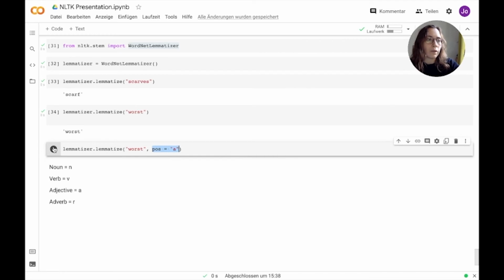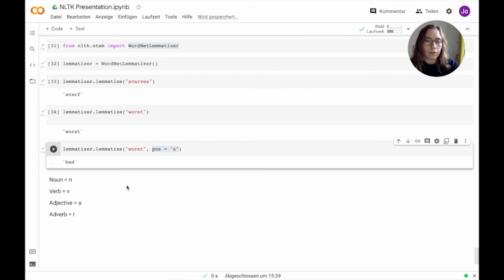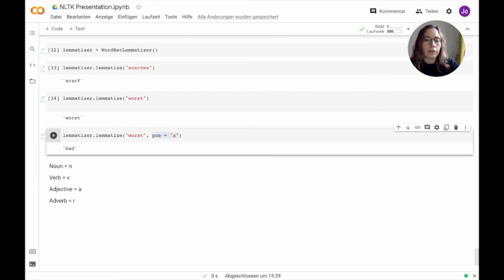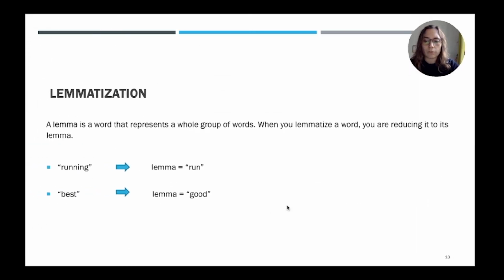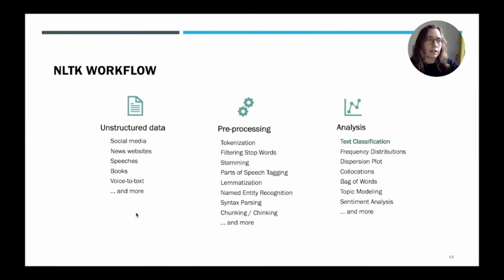The default parameters for POS are pretty intuitive. And now that you have an idea about preprocessing with NLTK, we will jump to the practical text classification task. Thanks for